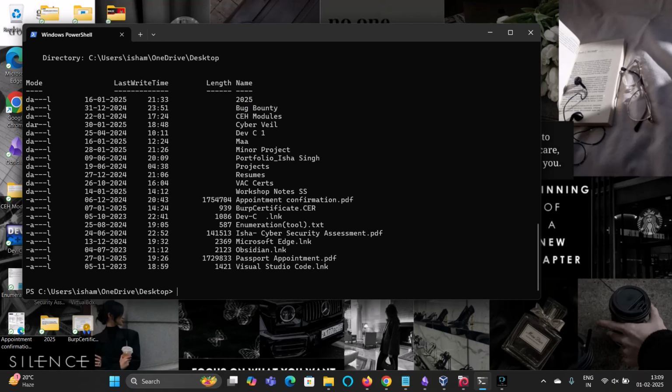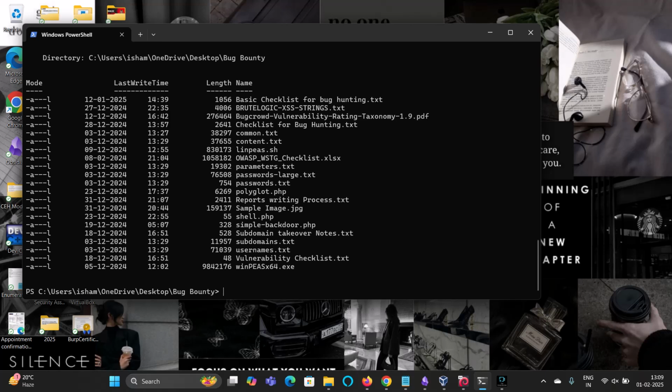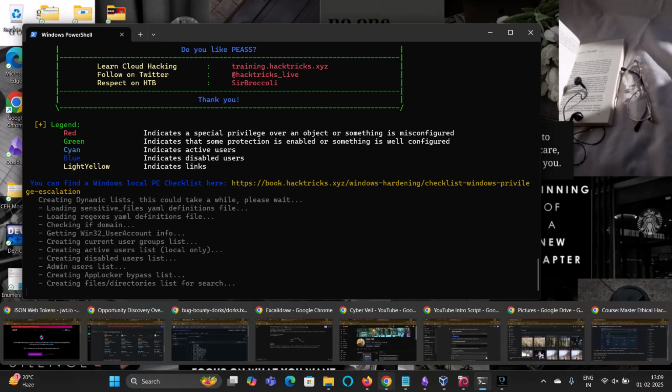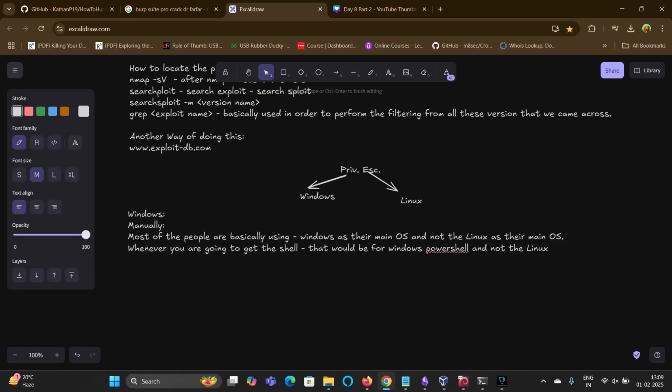Then we are going to do cd bug bounty, and it's going to open it for me, and then again I'm going to do ls, and here you can see I have got WinPEAS x64.exe stored in here. So I'm just going to run WinPEAS and enter. Look, it is going to run, and that's how you perform privilege escalation for Windows using the automated tool known as WinPEAS x64. Till the time it gets loaded, as I have already told you, there might be an issue for this particular Windows automated version, but I'll show the same in Linux as well.